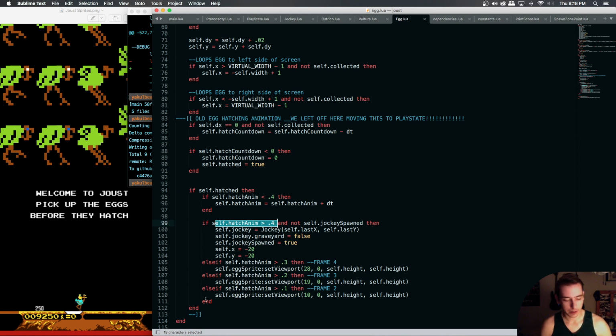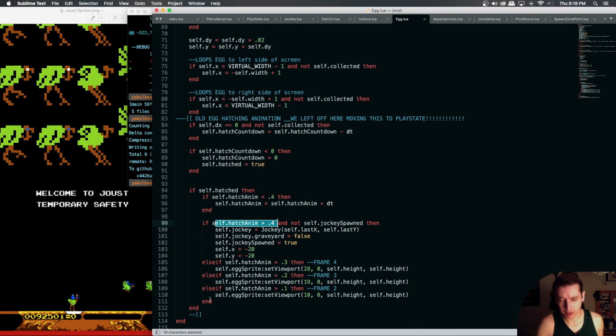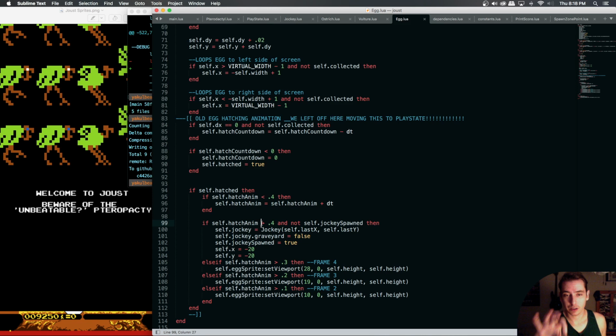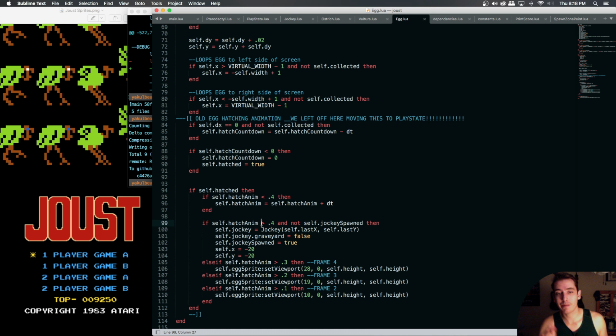It's just like everything in coding, it's going to be what you choose. You could do it whatever way. So maybe for clarity's sake, I'll keep the hatching. I'll change this hatched boolean to hatching, and hatching controls the hatching animation. And once the hatching animation is greater than 0.4, and I'll add this boolean here, hatched gets true upon the hatching animation being greater than 0.4, and then in our play state we say if we're hatched,